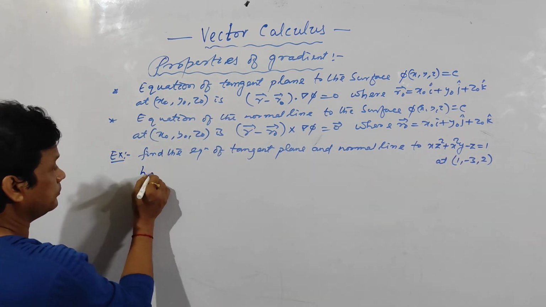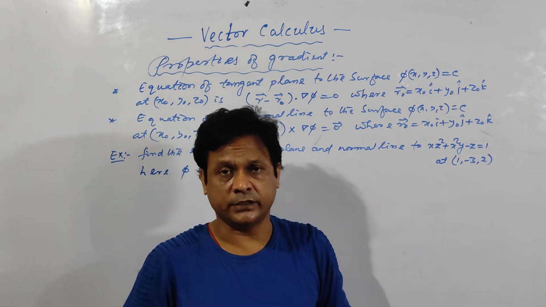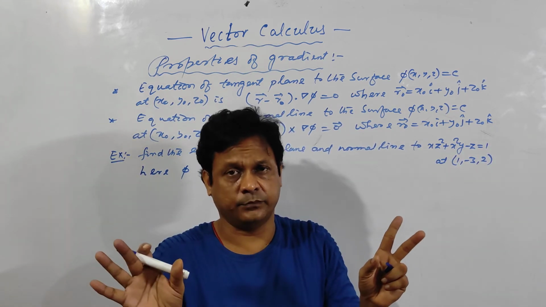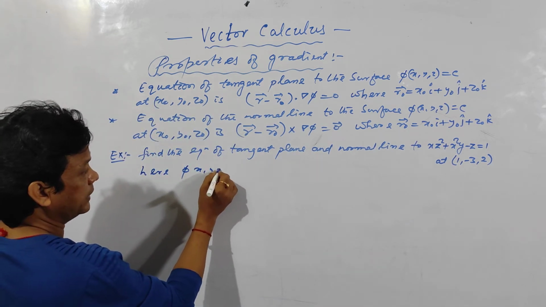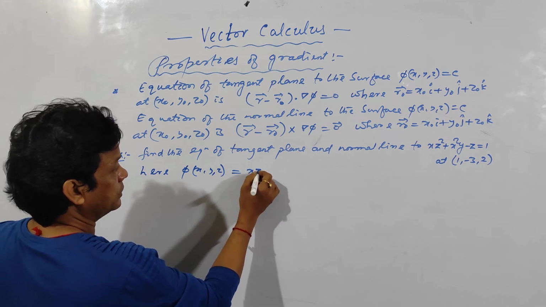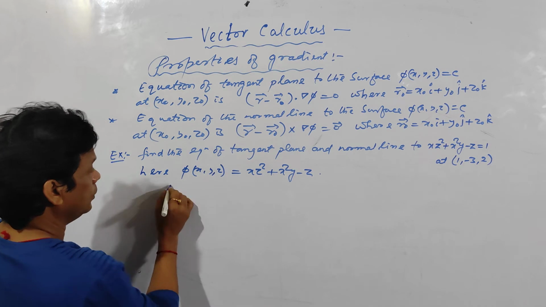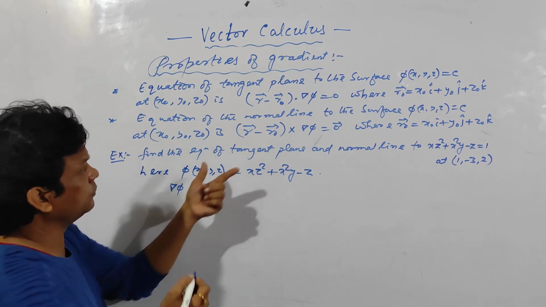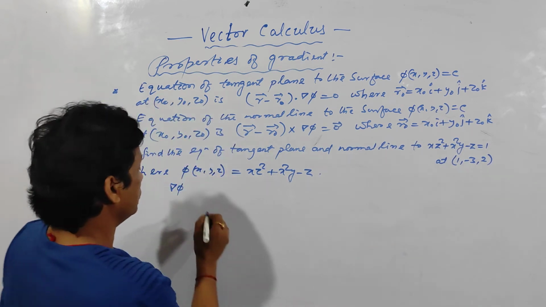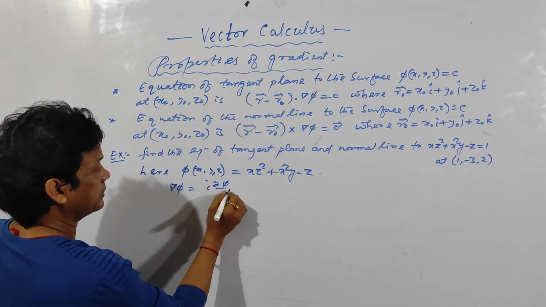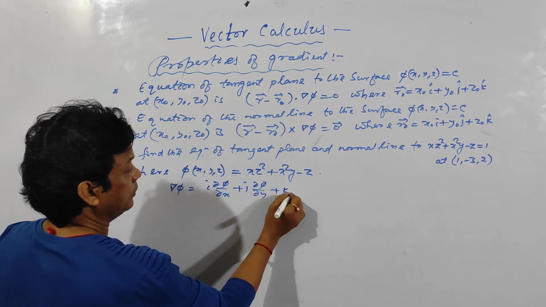So here, if you take 1 to the left hand side, no change. Everything will remain the same. It will not vary. Phi of x, y, z is equal to x into z square plus x square y minus z. So what is grad phi? For both the cases you want grad phi. Okay, you want to find out grad phi at this point first of all. So grad phi is equal to i into del phi by del x plus j into del phi by del y plus k into del phi by del z